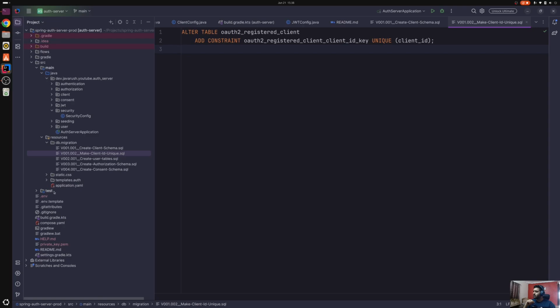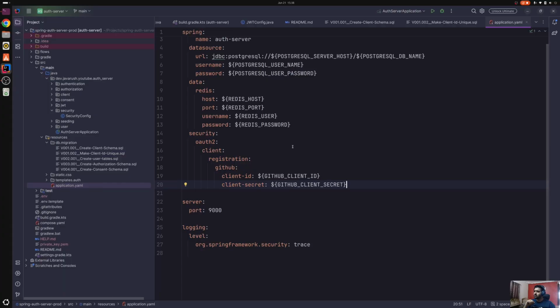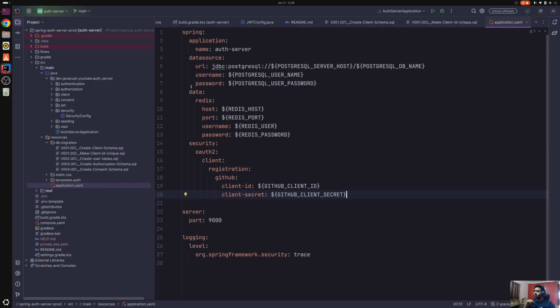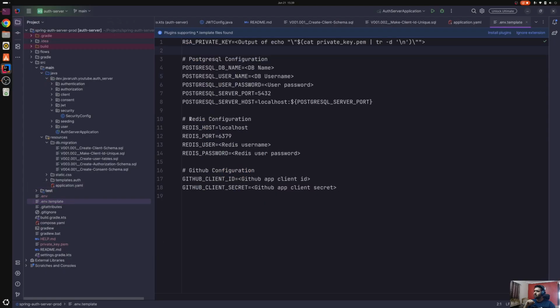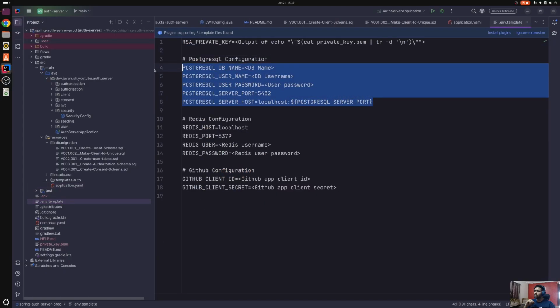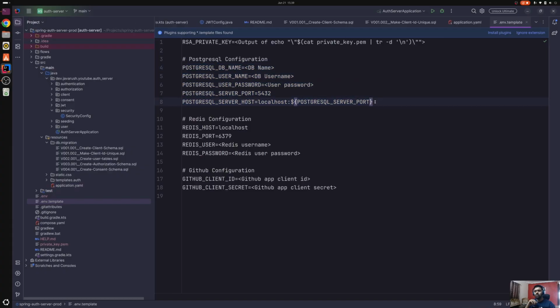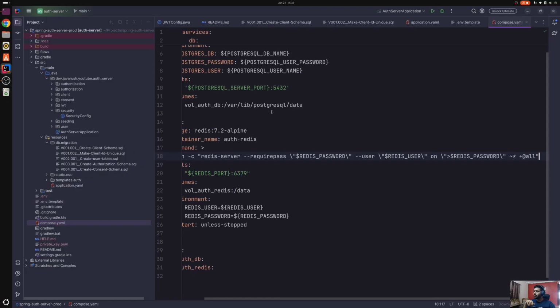Okay. And the application.yaml. Yeah, we have Spring data source URL, username, and password, and these are coming from the environment variables. So if we go to env.template, you can see these are the variables which we need. And also, in order to run PostgreSQL, I am using Docker Compose. So if I go to compose.yml here,